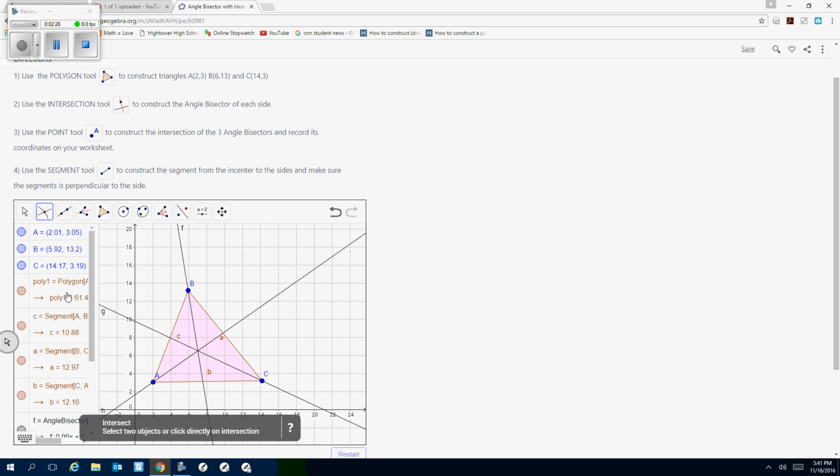And so now we're going to use our point tool, which is right here, to construct the intersection, which is the same thing we did in the other video. As long as I have two lines intersecting, there's that point. And they want us to use our segment tool to construct a segment from the incenter. That's our incenter, point D right there,